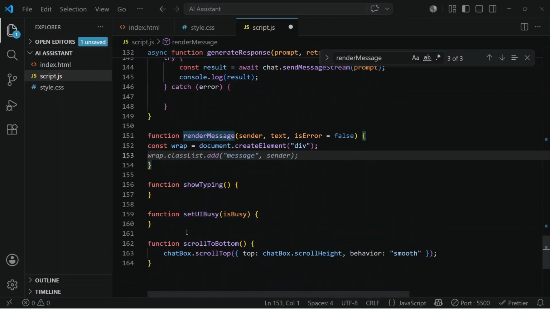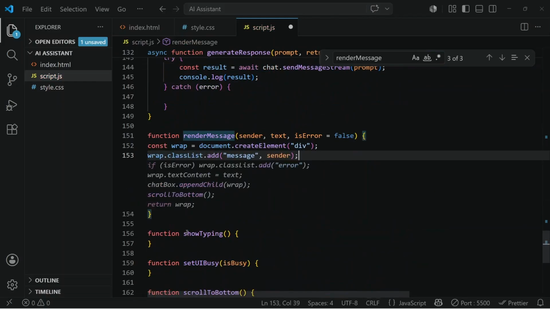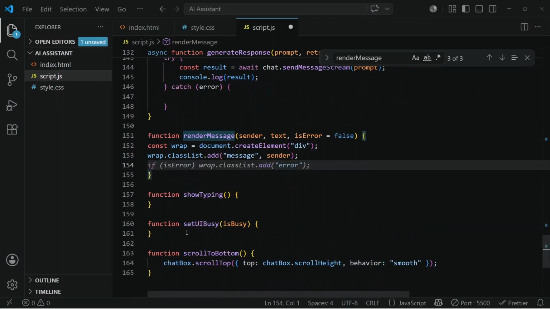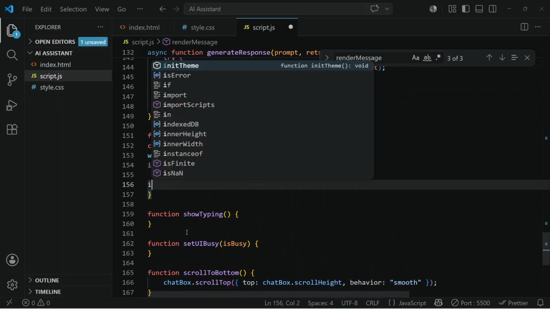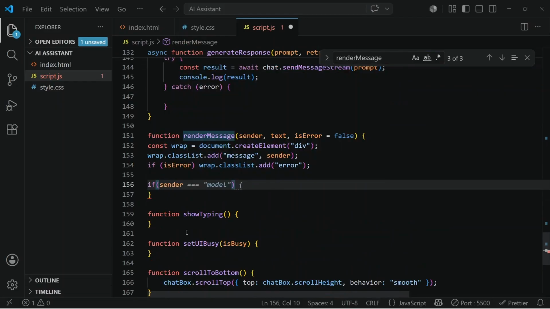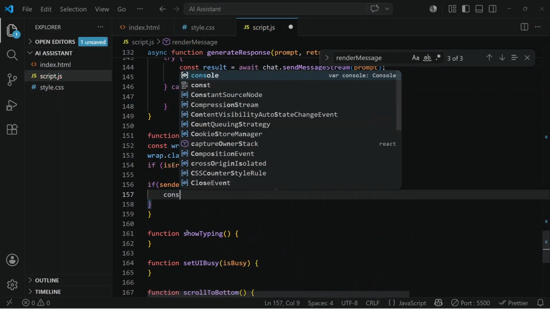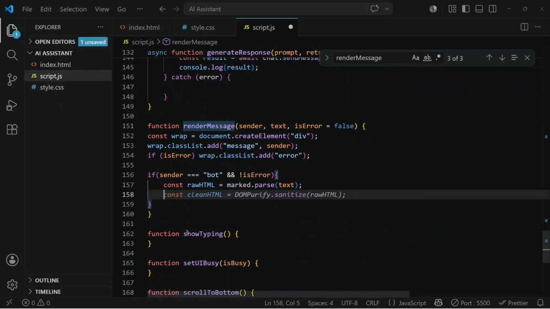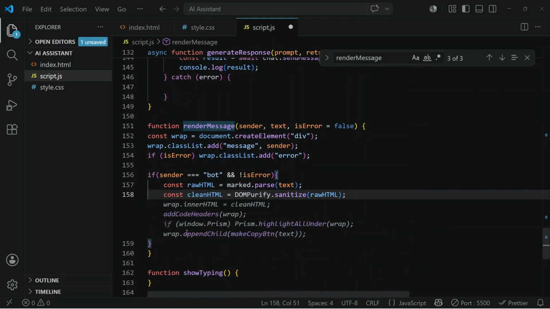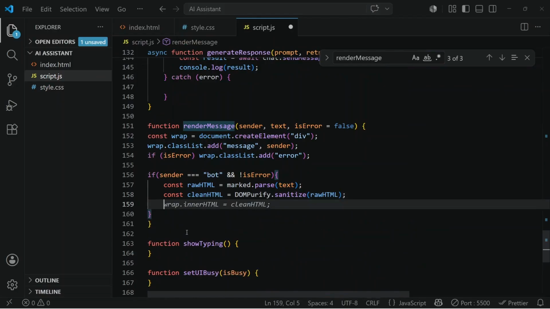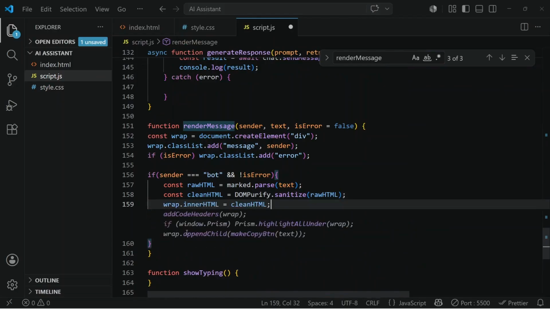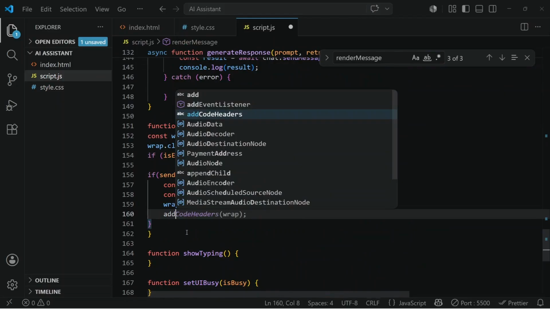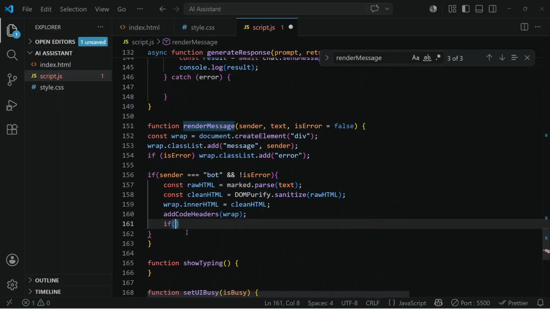We are going to create the div with message of sender, and I'm creating it with the error class added if there is an error. Else if sender is equal to bot and not an error, I will add one more const with raw HTML with marked.parse and clean HTML with the help of DOMPurify. I will set the wrap innerHTML equal to clean HTML, add code header of wrap if